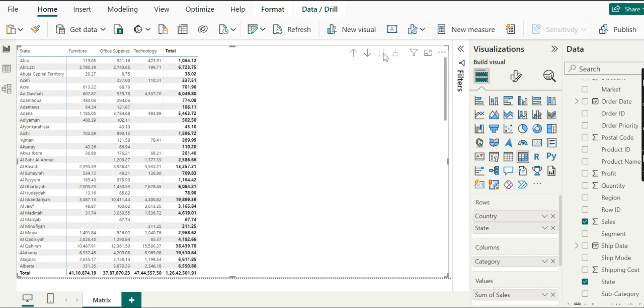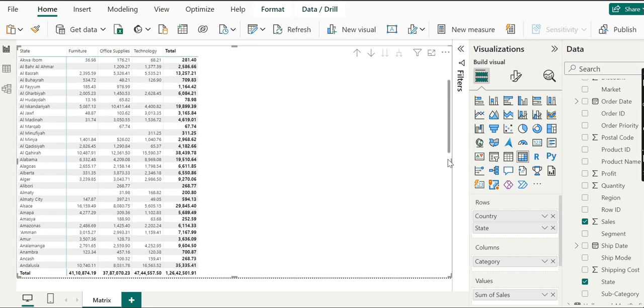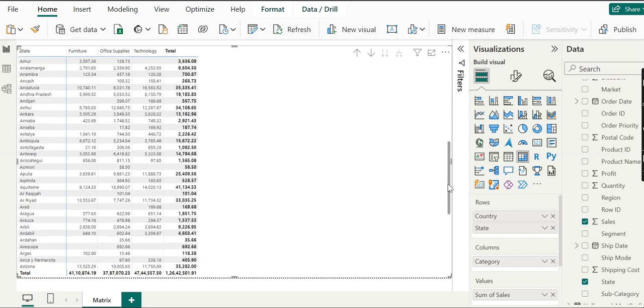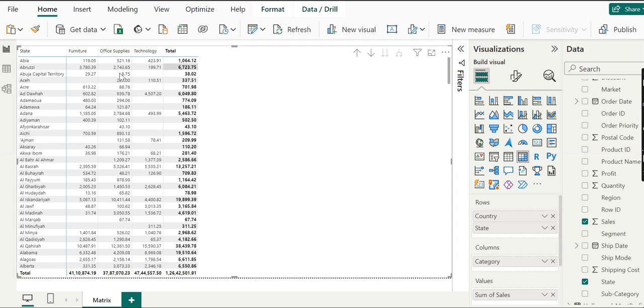See, we can go to the next level of hierarchy for all the countries here. We are going to the states for all the countries. So we no longer have information about country, only states. It's an important point to note: we can drill down to the next level of hierarchy even when drill down mode is off.